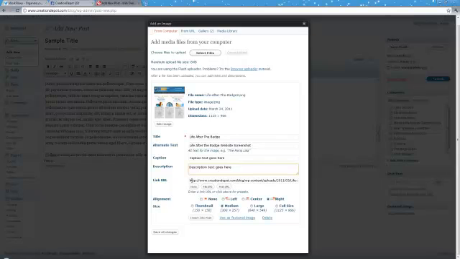Normally default is to link to a larger version of the image that you're putting into your post, right? You can select none. You can select file URL, which is the same thing I just talked about, the link to the actual larger image, or the post URL, and that's the link, of course, to the post that you're putting it into. In this case, we're just going to select none, and then for alignment, you have none, left,